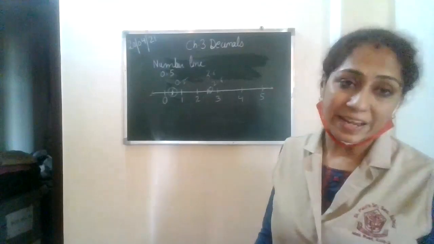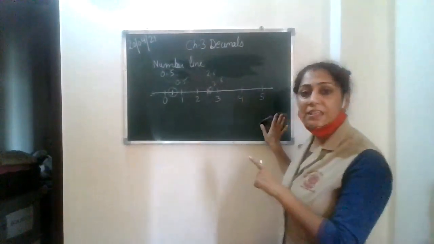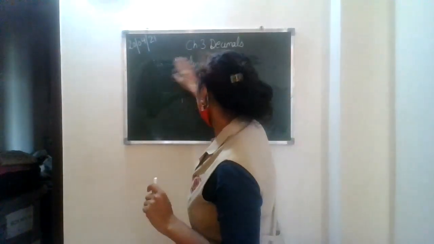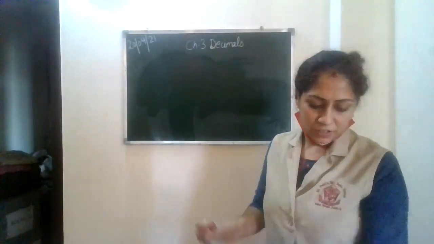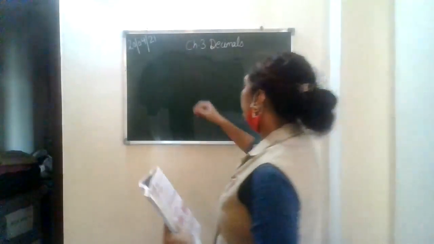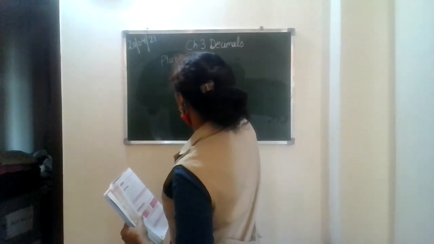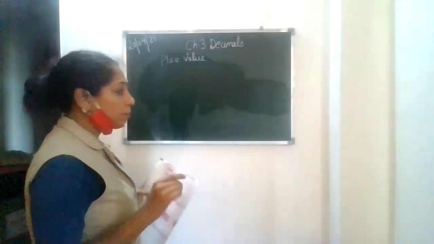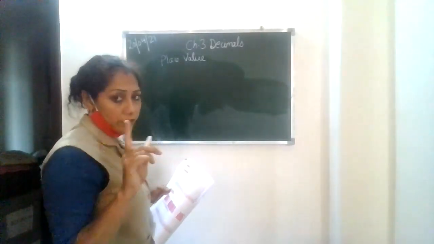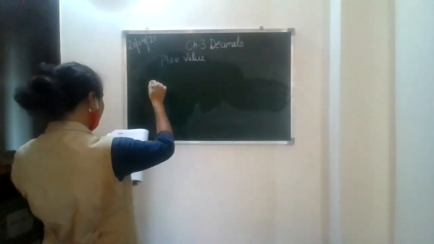Now we will move on to the next, the place value chart, which is very important. You must all know it. Please, I think the number line is clear with you. We'll do certain questions also in this session. Now, let me tell you the concepts first. The place value chart. Now look here carefully. As you have already been doing place value charts in the number system when we learned natural numbers, likewise, we have to do it in decimals also.